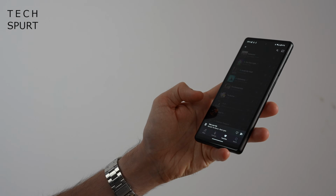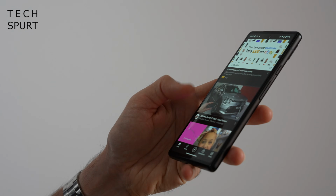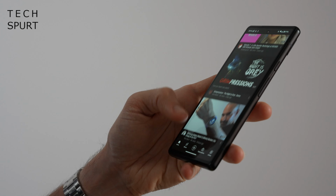and you do notice that flipping around the UI and stuff like that, just not quite as smooth on this one. As for the audio, well, it is a stereo speaker setup on all three of these Google Pixel smartphones, and all three of them can absolutely blast you with really loud sound. It's decent quality too, it's not too tinny or anything like that. You do not have any headphone jack action on any of these Pixels, unfortunately, but you do have flawless Bluetooth